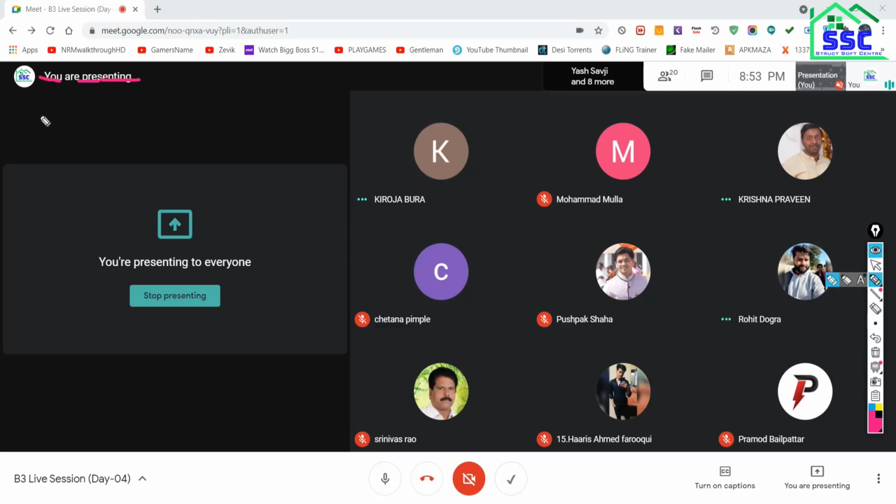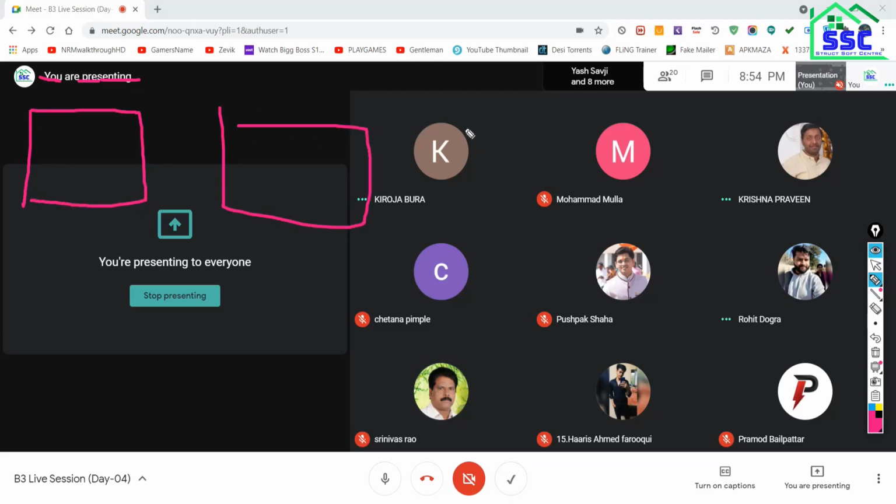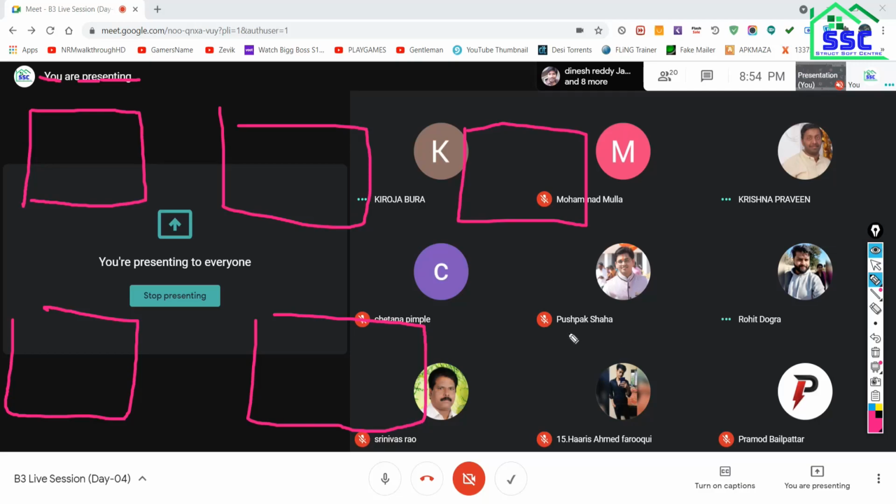Suppose a 5-floor building is there. This is the first floor, the second floor, the third floor, the fourth floor, the fifth floor. At this floor, the arrangement is like this, and at this floor, the arrangement is like this.